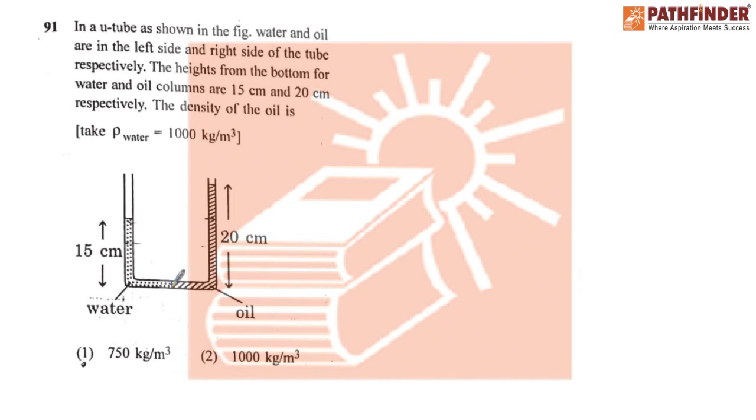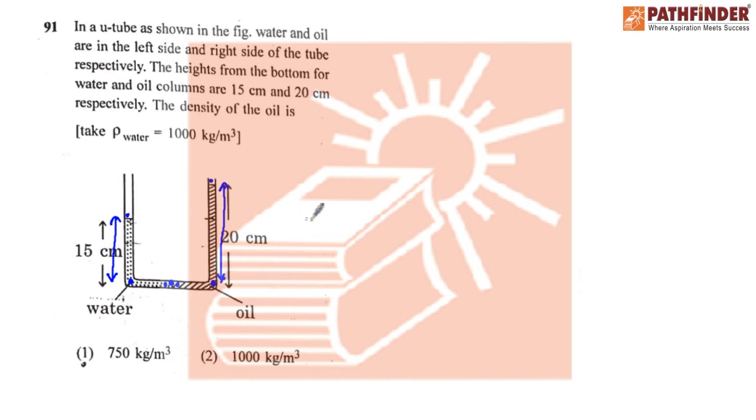So you see at this portion they both have the same pressure, right? Otherwise the separation wall would have moved; it would not be at rest. So at these two points they have equal pressure. Here the pressures were atmospheric, so the pressure difference due to this height will be equal to the pressure difference due to this height,